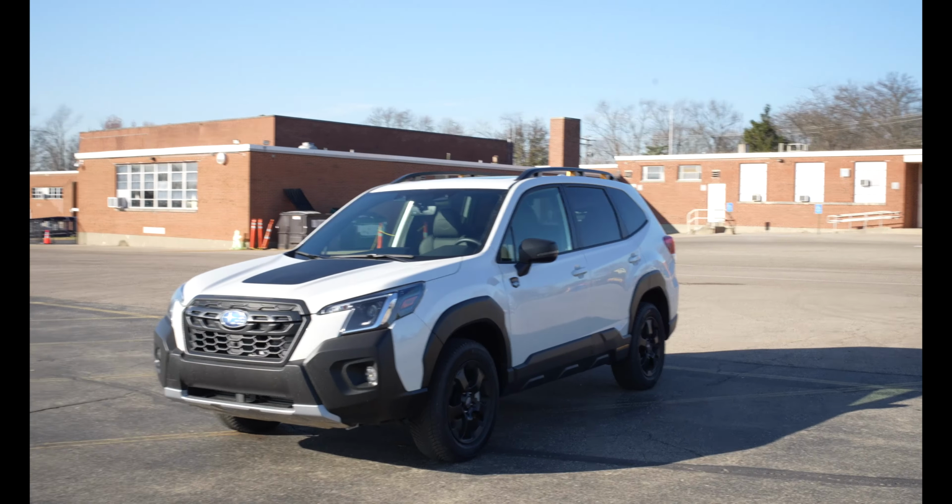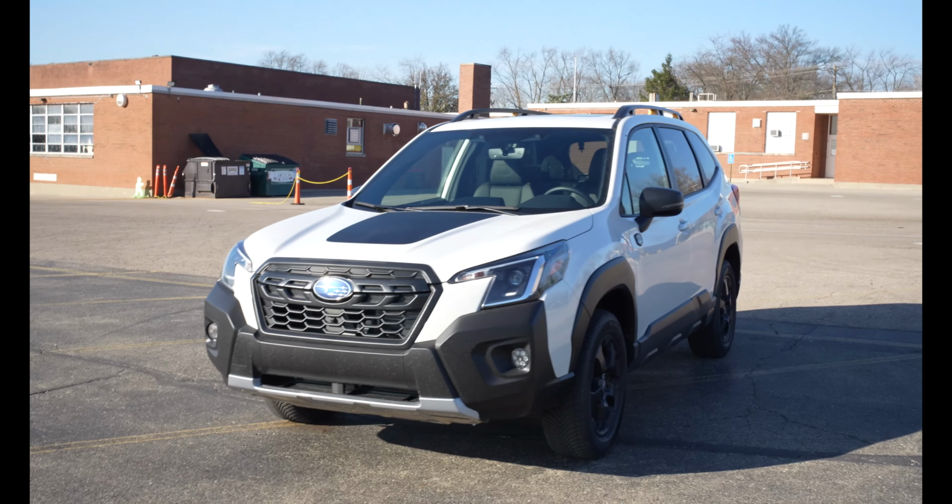So we paid $35,200 for the Outback, and they gave us $36,000 for it for trade-in. So it seemed like a no-brainer. We have been trying to downgrade recently in our vehicle expenses, and this was a more economical option. It generally costs less if you look for spec compared to the Outback. It is a little bit smaller of a vehicle, but we wanted something that got a little bit better gas